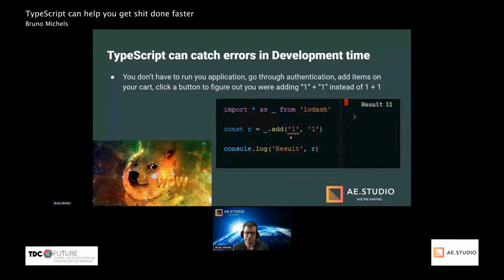But with TypeScript, you see that error right away, because if the function is expecting a number and you pass a string, you can see right away that, wait, there's something wrong in there. There are many different examples of this, and you find them really easily after using TypeScript for a while.